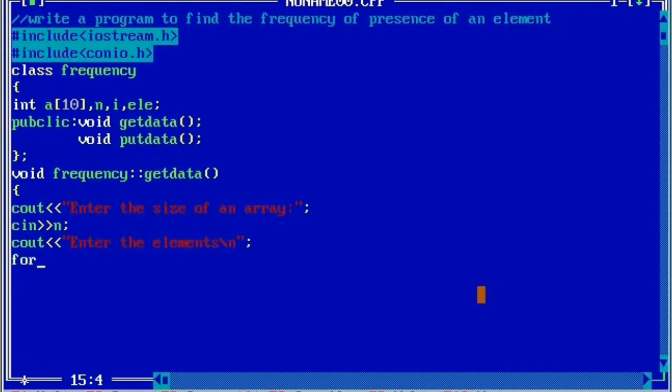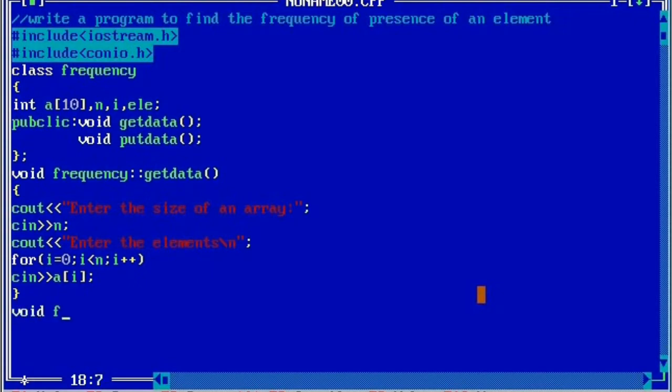Here we are going to take looping structure for i is equal to 0, i is less than n, then i plus plus. Now we'll write cin, then we'll write a of i, curly closing brace.